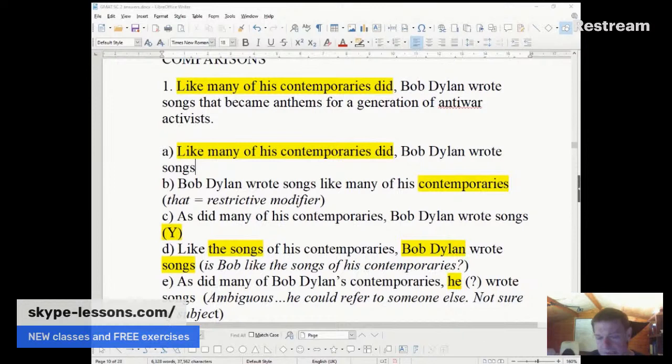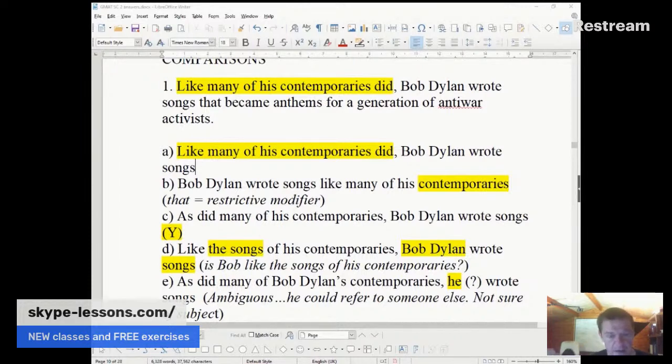Now B, let's look at B. Bob Dylan wrote songs like many of his contemporaries that became anthems for a generation of anti-war activists. Now, if you look at that, there are a number of confusing things in this sentence. And the main one for me is the part where it says he wrote songs like many of his contemporaries that became anthems. Yeah, his contemporaries that became anthems. Did his contemporaries become songs? It seems to be saying that the contemporaries became songs, and that's why B is ambiguous,